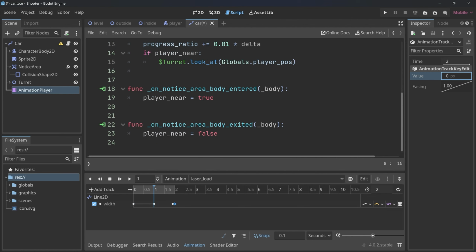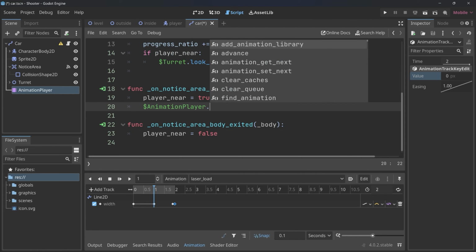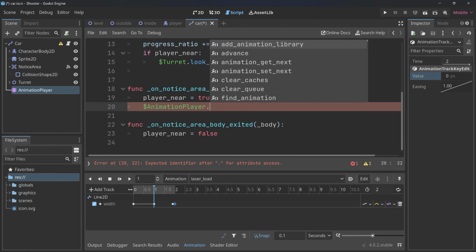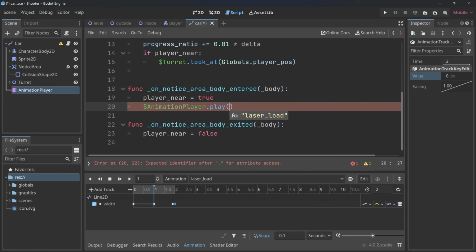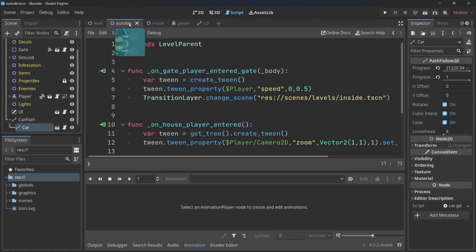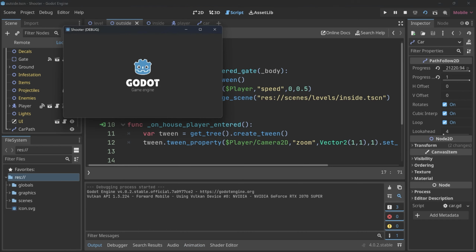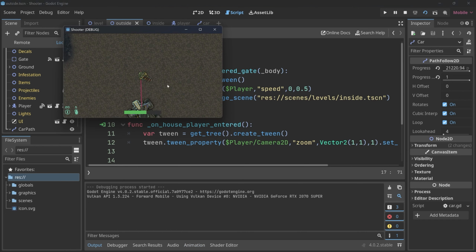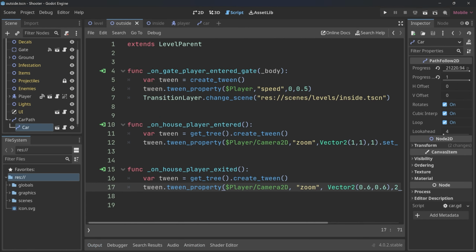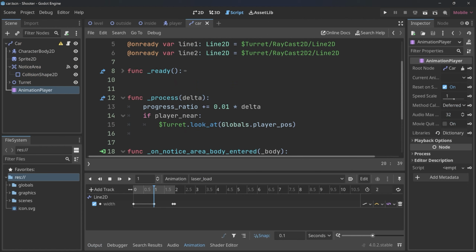All of this we want to play once the player has entered the notice area, which means I want to get the animation player inside of onNoticeAreaPlayer2D, and in there I want to play laser load. Now with the outside level selected, let's try all of this. And there we can see we have at least 1 animation. It doesn't loop right now, so we can only see it once, but that we can fix quite easily by